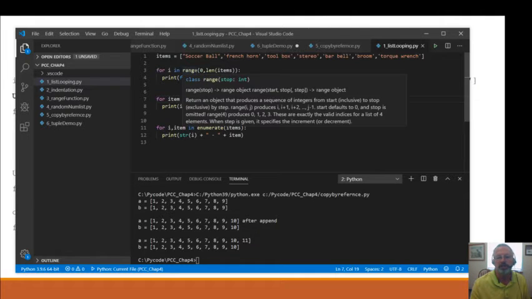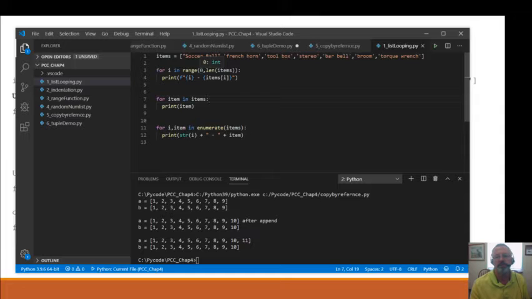And the range statement goes from the first number given to one less than the last number given. So in this case, the last number given would be 7, or the length would be 7. So this is going to go from 0 to 6. So I is going to take the number 0, then the number 1, then the number 2. And we can print it out that way. I should be the number, and then it'll be the items and their enumerator, or their index number. And I think the book uses the term index number. So it's going to be the number and the index number. It's going to print those out.